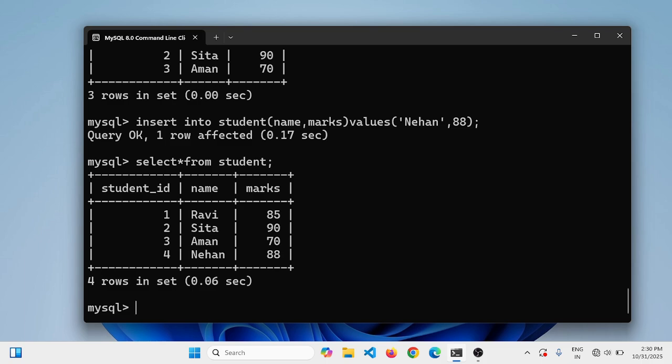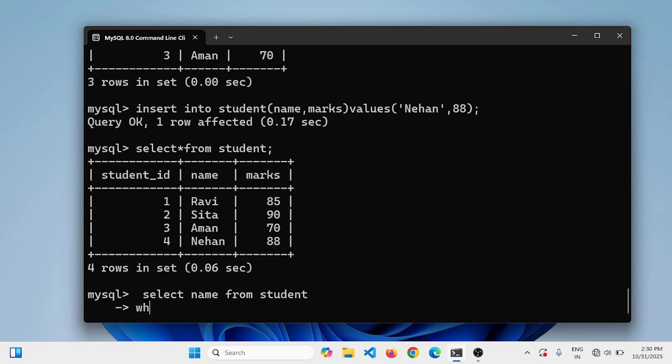Now we will apply the operation here. We will have to find the students whose marks are equal to any of the top scores. So how will you find whose marks are equal to any of the top scores? Like this: select name from student where the marks in, inside,